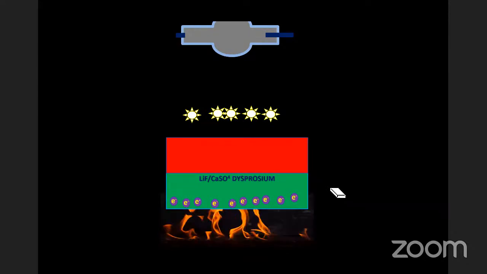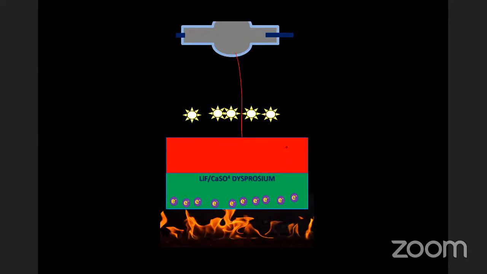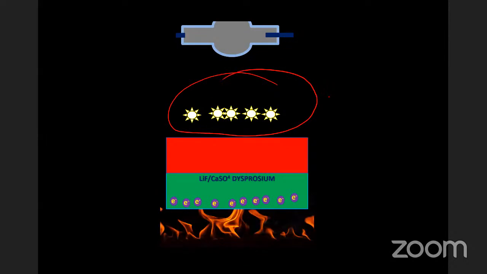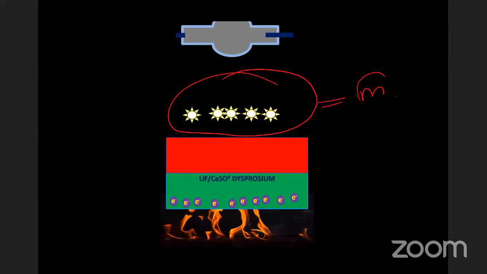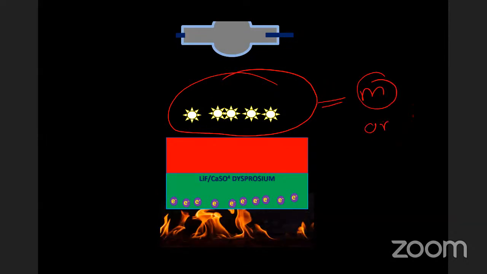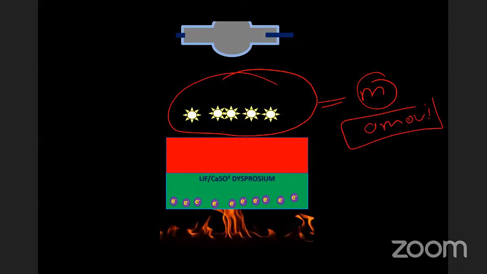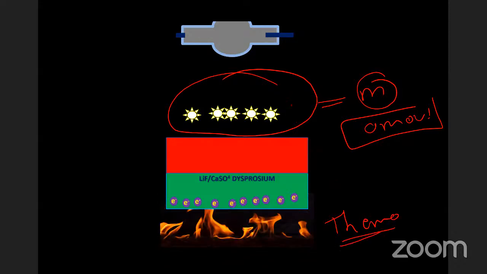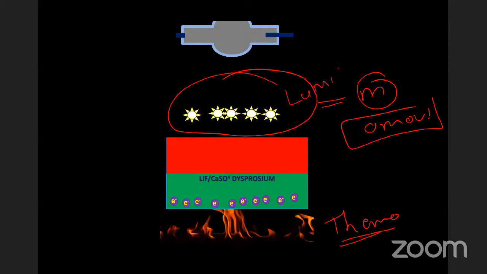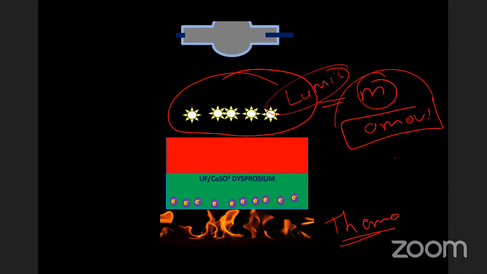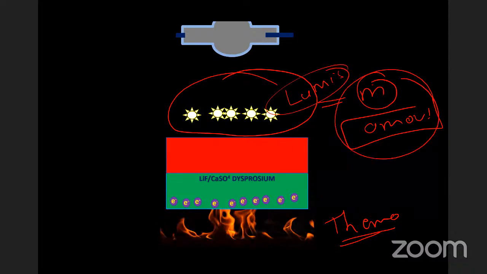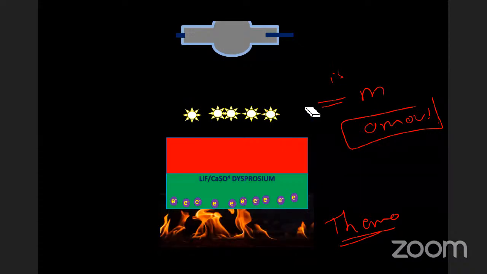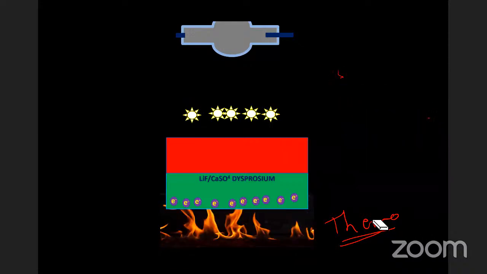It is the number of radiations coming from here. So by seeing the amount of light, we can measure the amount of radiation exposure, and this is why it is called thermo, that is we are heating it, luminescence because it is giving light, dosimeter because it gives the dose. Okay, so this is why it is called the thermoluminescence dosimeter.